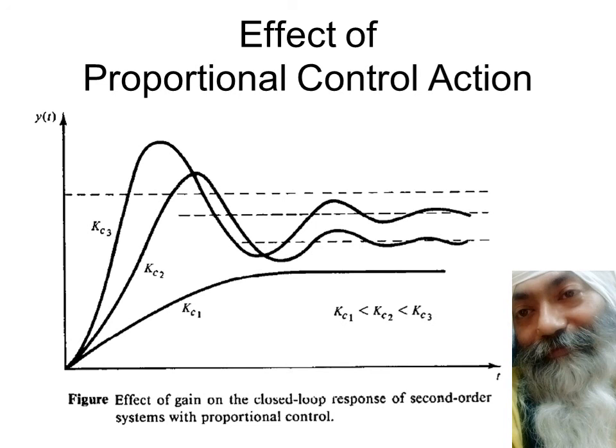We have not gone in for too much mathematical analysis in the case of the second order system, because we had put in lots and lots of effort in explaining the concept in the first order system. So things in the second order system are by and large on the same lines. You can always go through the text in case you are more curious. I'm not stopping you, but it's more or less a repetition. That's why this is the final snapshot of the effect of proportional control action on second order systems.